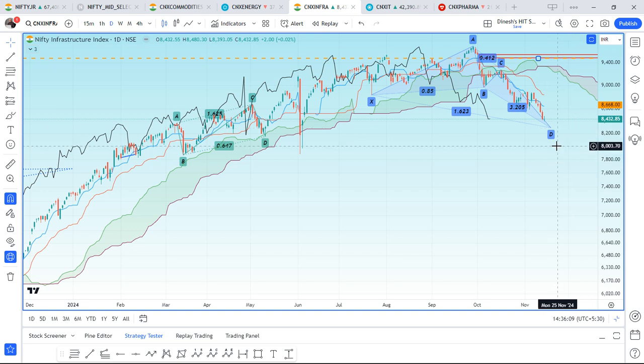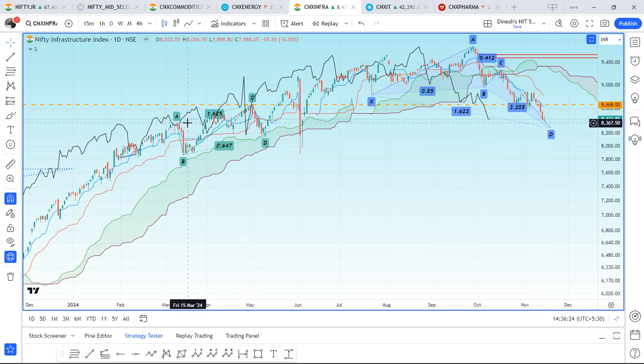Not necessary that it will come to 8,300 odd, but the probability of that level trying to hold the first round of decline is very much possible in the case of the infrastructure sector. You can see previously a bullish harmonic reciprocal ABCD which beautifully gave another rally. Let's see if we get another rally here. For now,